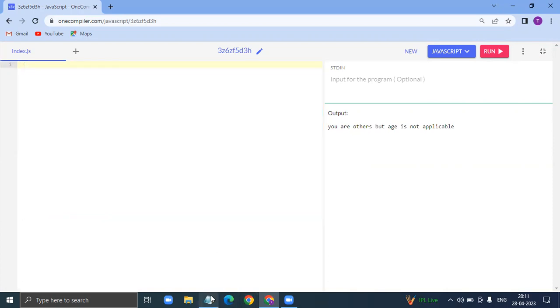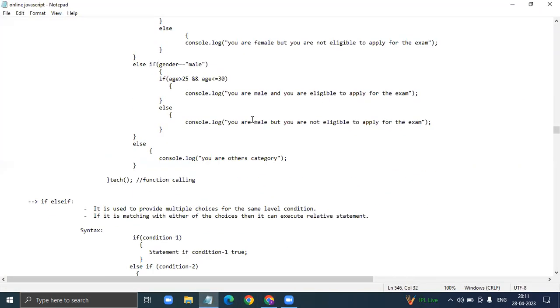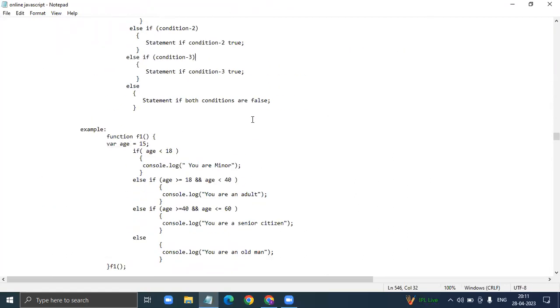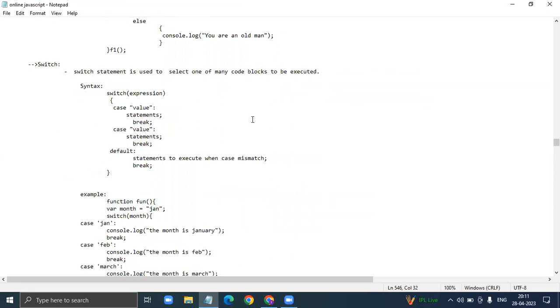So our last topic is switch. It is also like the if else if condition. When we have multiple conditions, we can use this switch statement. The syntax may be different, but the execution part is the same for switch and if else if. Same, we use it when there are multiple conditions. Okay. So next,